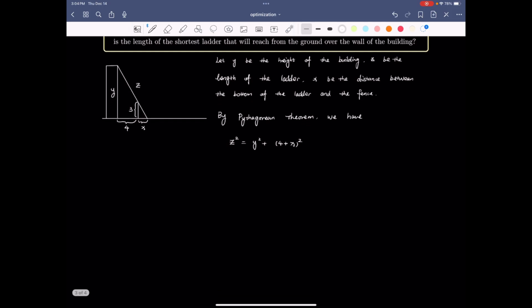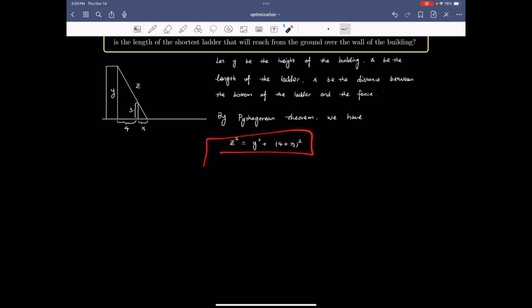Right? And you can see that this function has two different variables, so I need to use some way to relate X and Y and reduce this formula to one variable only. So to do that, we can use the other triangle we have. So I have this triangle, I also have this triangle, and they're similar triangles, right? So we can use the properties of similar triangles. Let's write it down. Also, using the similar triangles,